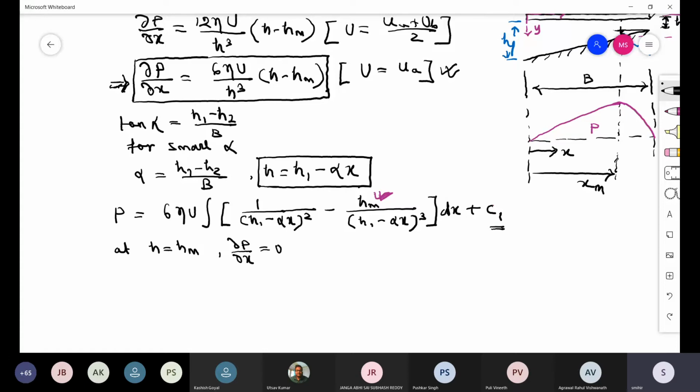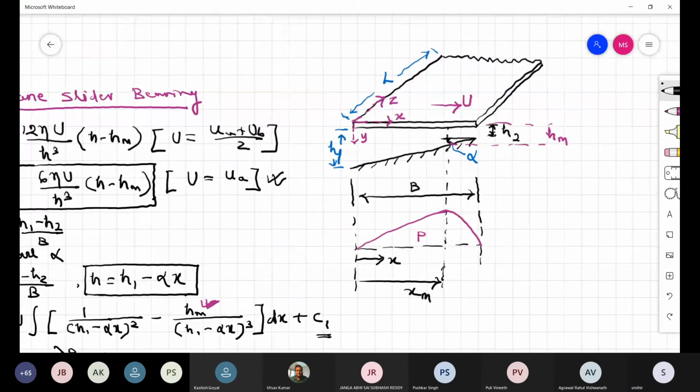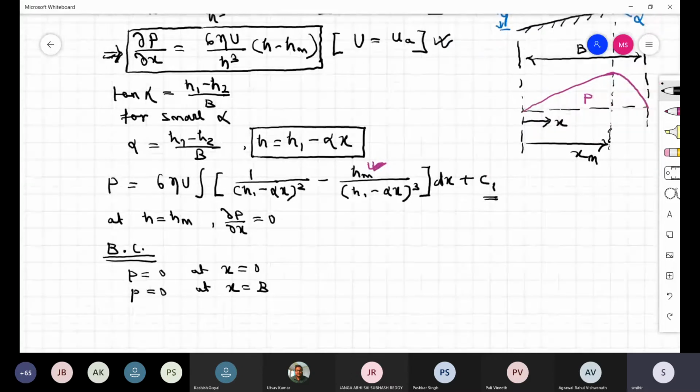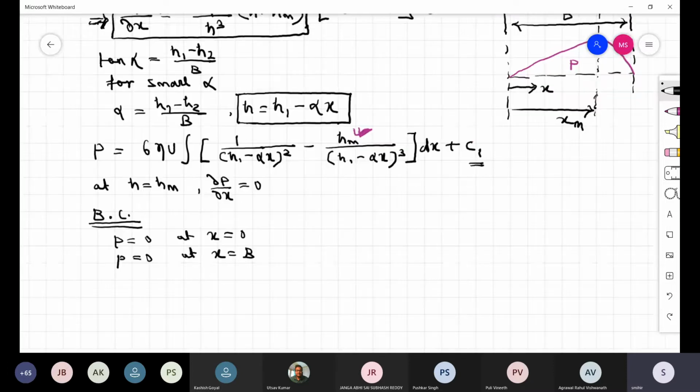Now we have to use boundary conditions. What are the boundary conditions we have in hand? Obviously these are the boundary conditions: p equal to 0 at x equal to 0 and p equal to 0 at x equal to b. That means at both ends of this bearing p equal to 0. So if you utilize that, you can use it in the equation and find out the two constants. So we'll find these two constants as